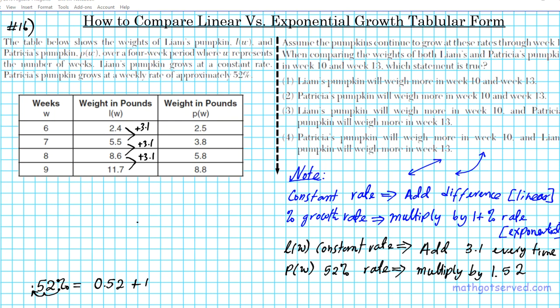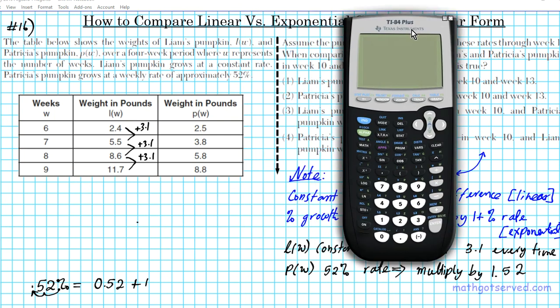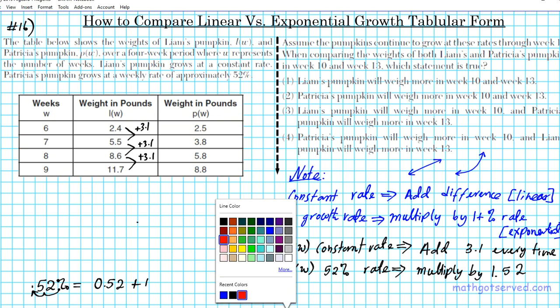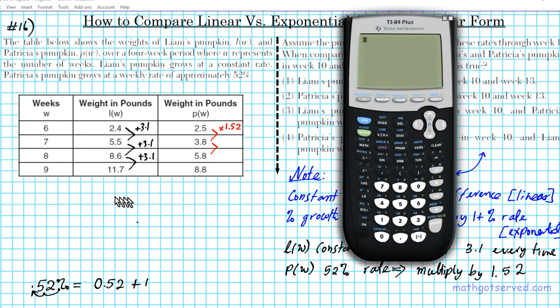Since we're multiplying decimals here, it's more effective for us to use a calculator. So what we're claiming is that what's happening is we're multiplying by what? We are multiplying by 1.52 every time. So from here to here, you multiply by 1.52, 1 plus a percentage growth rate, and then you repeat the same process over and over again. So let's test it just to make sure it's correct before we move on to determining what week 10 and 13 are. So 2.5 times 1.52